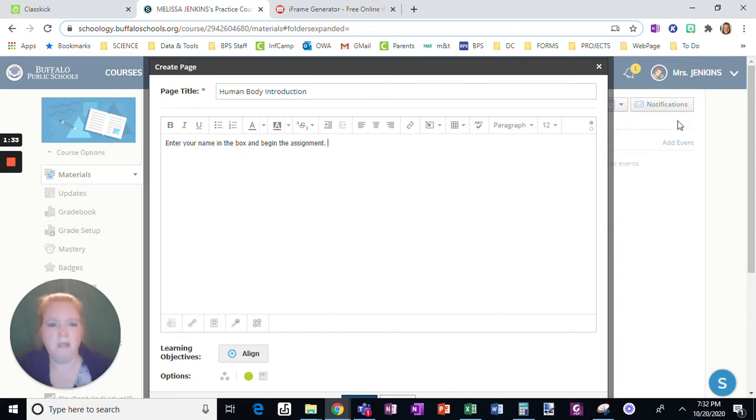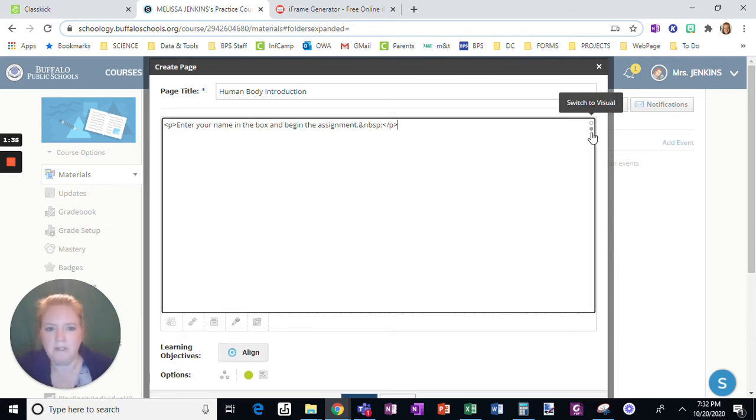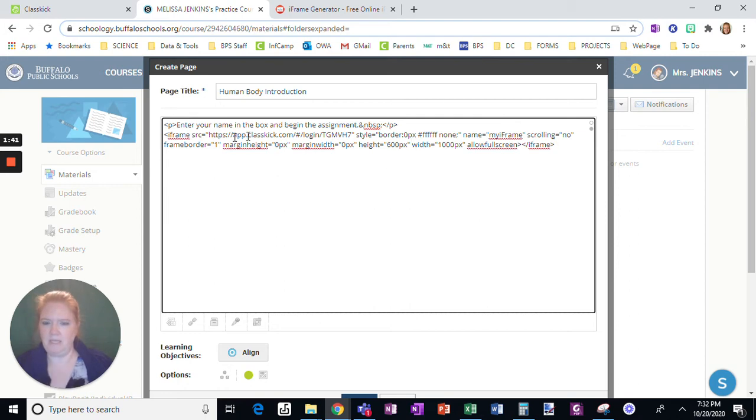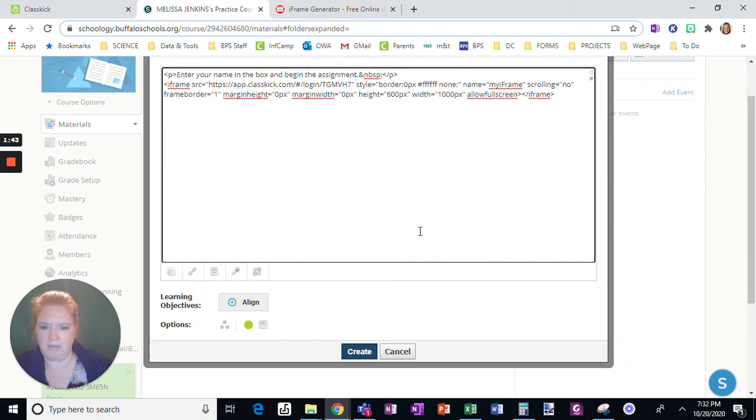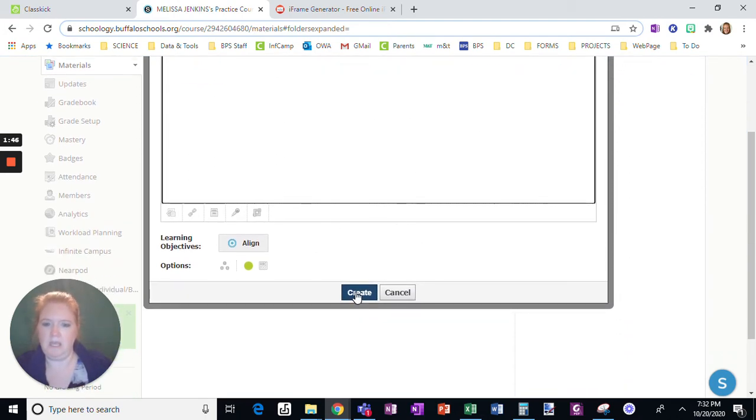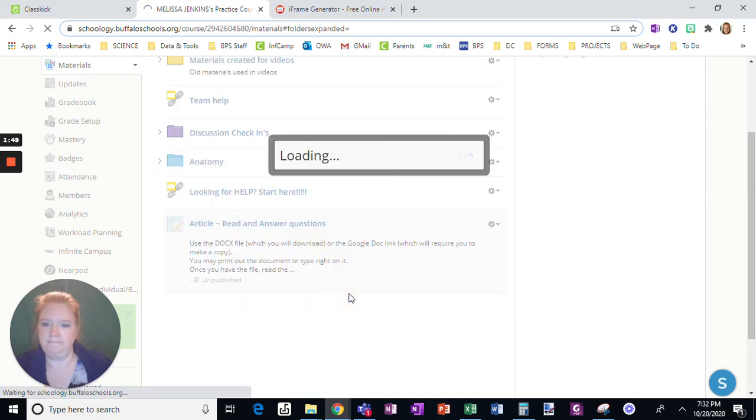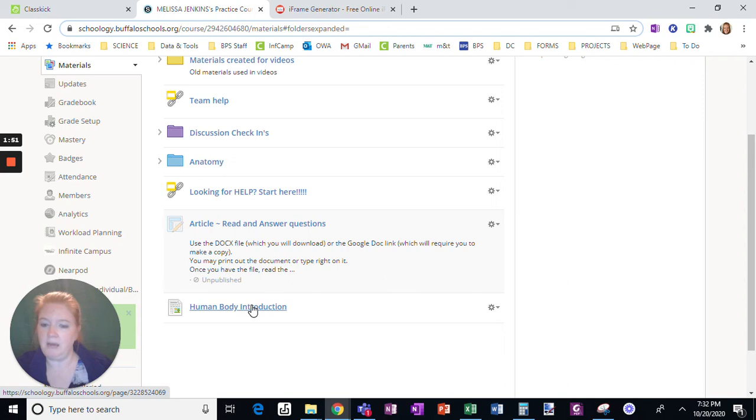Now I'm going to click over here to HTML. Hit enter one time and then paste that long code that you just copied. Then you are going to click create. Right now, it does not look amazing, but I click on it